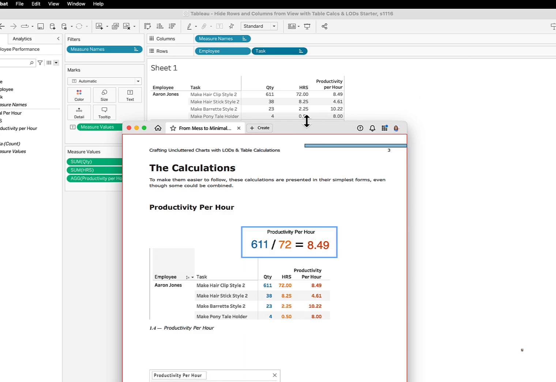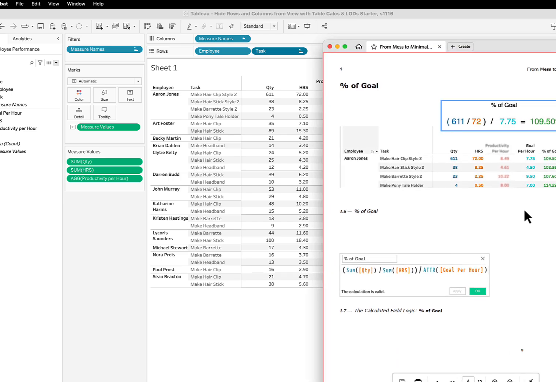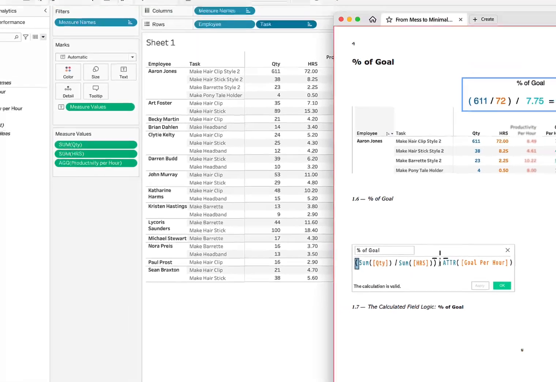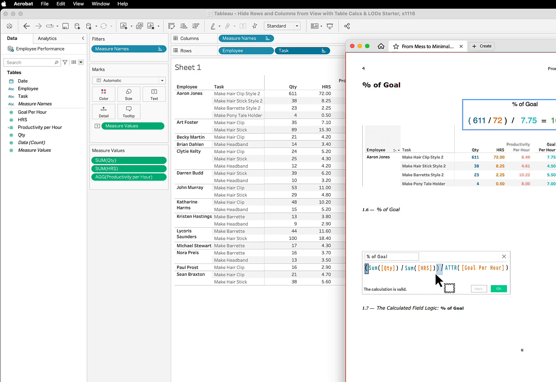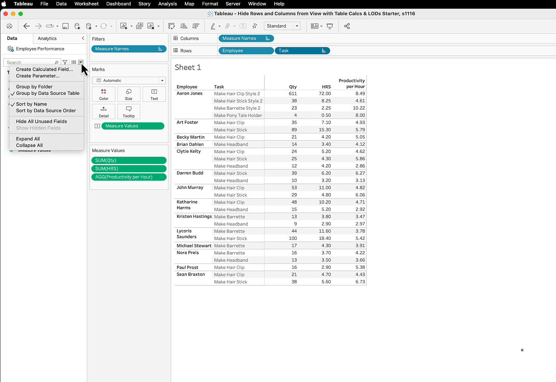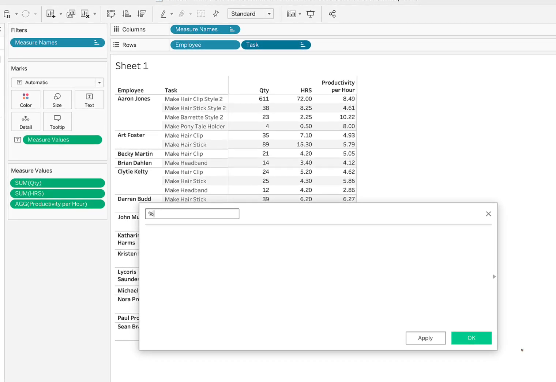I would like to go to the next calculated field, and this is going to be called percent of goal. And you can see here that it begins with parentheses. So the first, because I'm doing 2 divisions, the first chunk has to be in parentheses. So we're going to go ahead and create this. So at the top of the data pane, I choose create calculated field. This is going to be percent of goal,